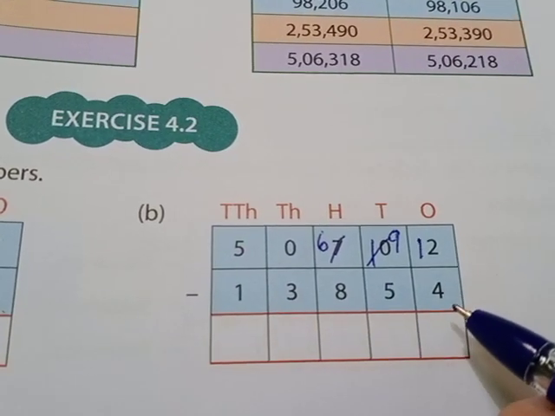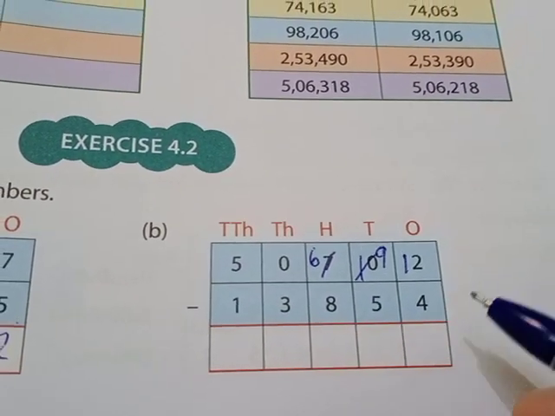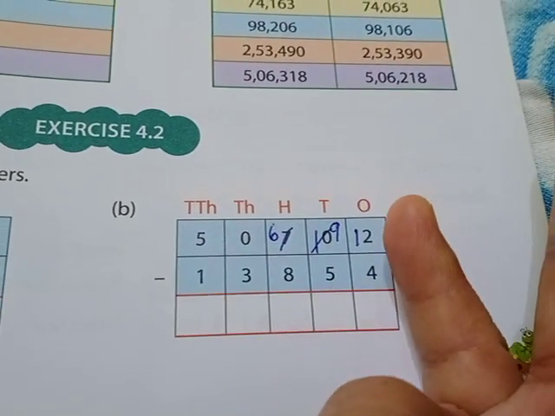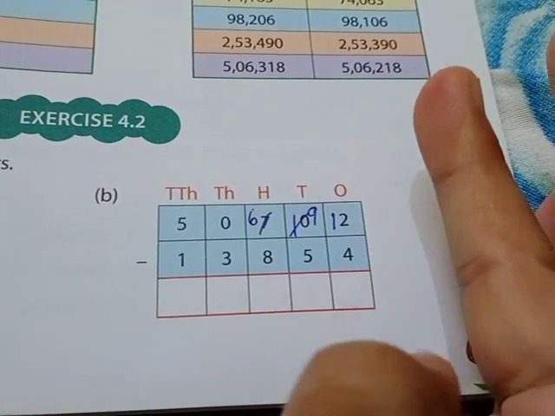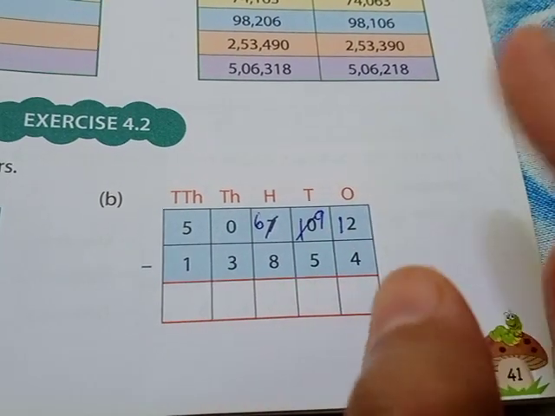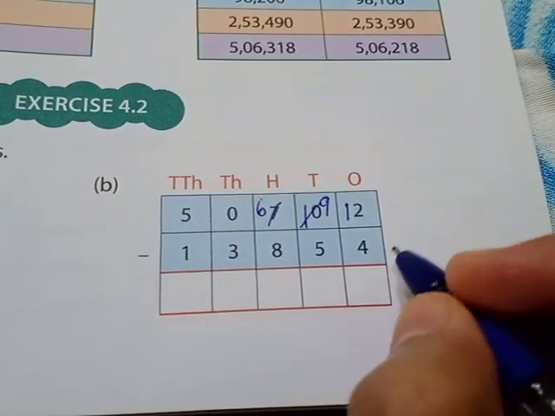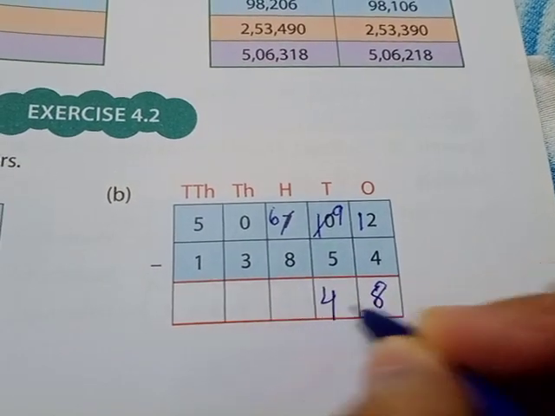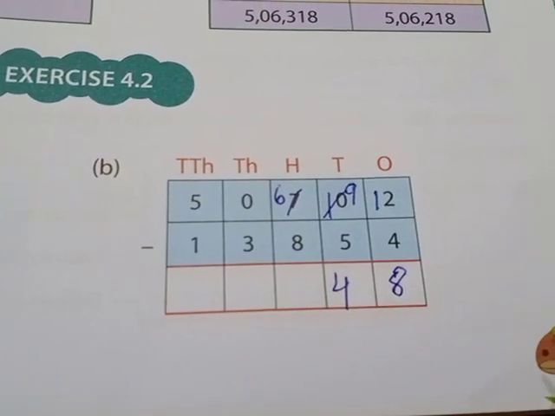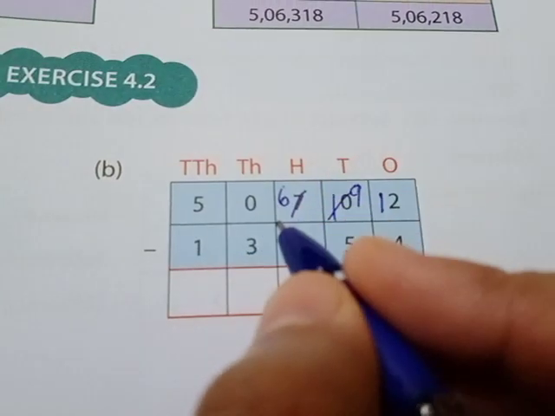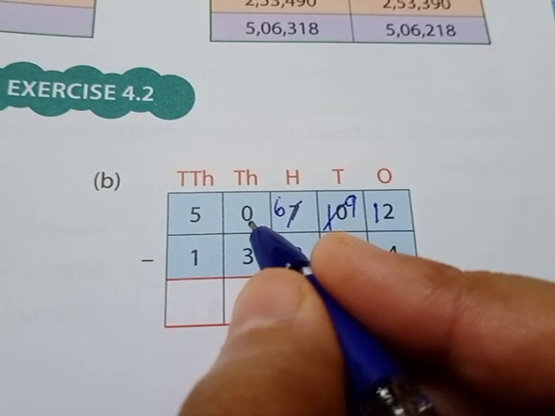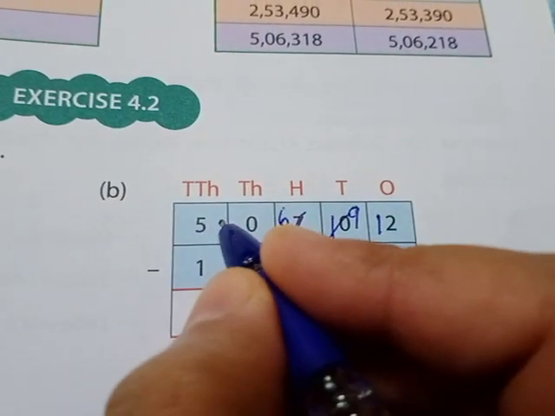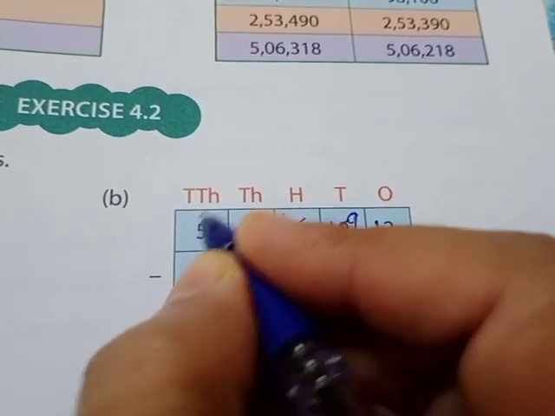12 minus 4. From 4 you count till 12 like this. You see 5, 6, 7, 8, 9, 10, 11, 12. How many digits are coming here? 8. 9 minus 5 will be 4. From 6 can we subtract 8? No, right? So again 6 have to borrow 1 from 0. I told you same thing here. 0 cannot give, na? So 0 will borrow from 5.